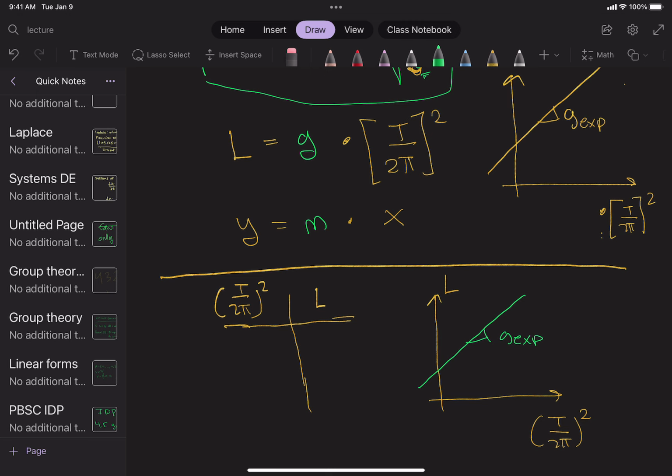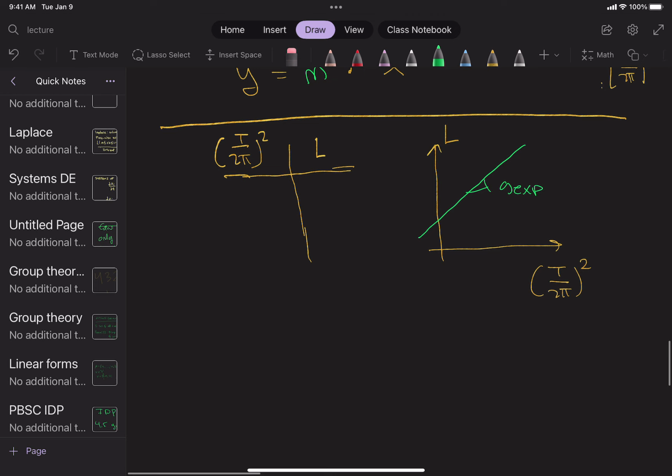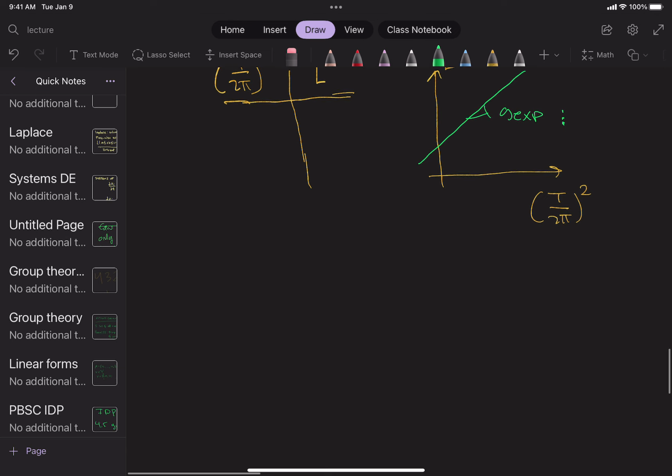The last part is to get the error for your calculation for gravity. The error for gravity is going to be given by this formula. The error for gravity is going to equal your slope, or the experimental value for gravity, multiplied by the error in the length of the pendulum